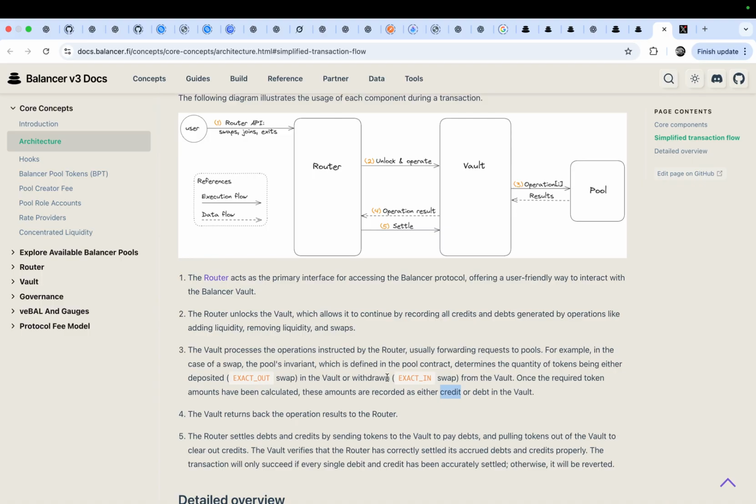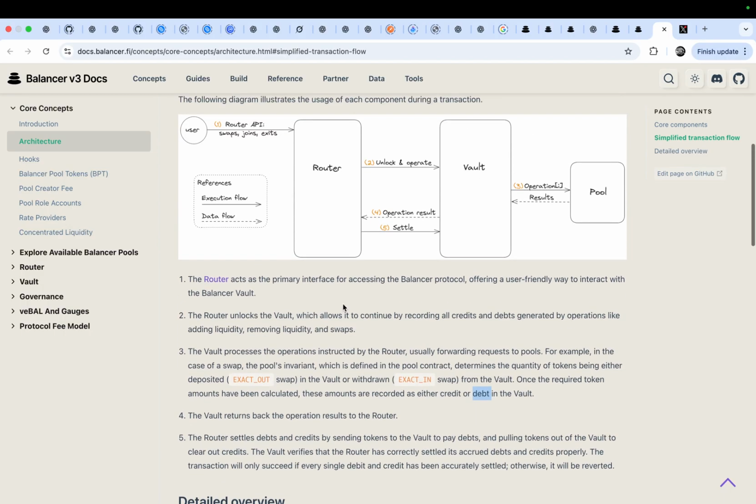Another type of swap corresponds to debt in the vault. Okay, this is step 3, and step 4 is the vault returns the operation results to the router.